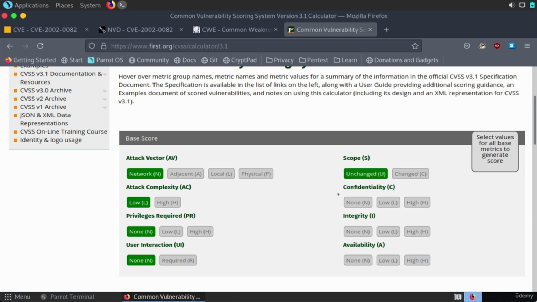You'll see our CIA triad here, the confidentiality, integrity, and availability. How much are these affected? If we list these as high, you'll see that with all of these metrics in place, it gives us a score. This is scored as 9.8, which is critical. So just so that you understand a little bit about how the CVSS scoring works, feel free to go out and play with this calculator a bit and change some of these metrics so that you can understand how that scoring is given. One more place I'll point you to is